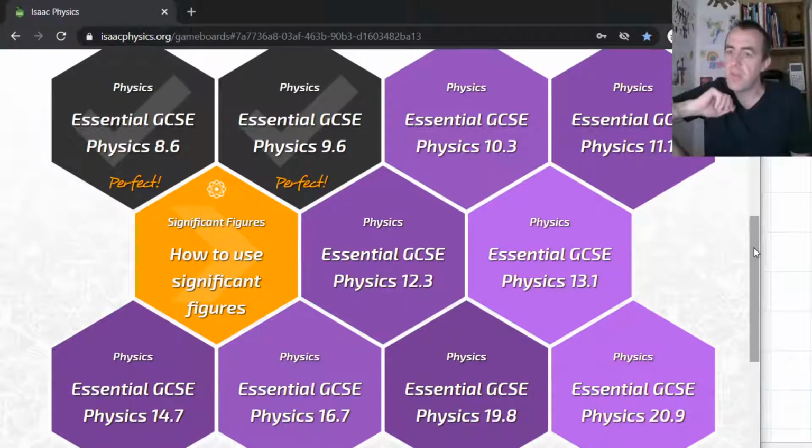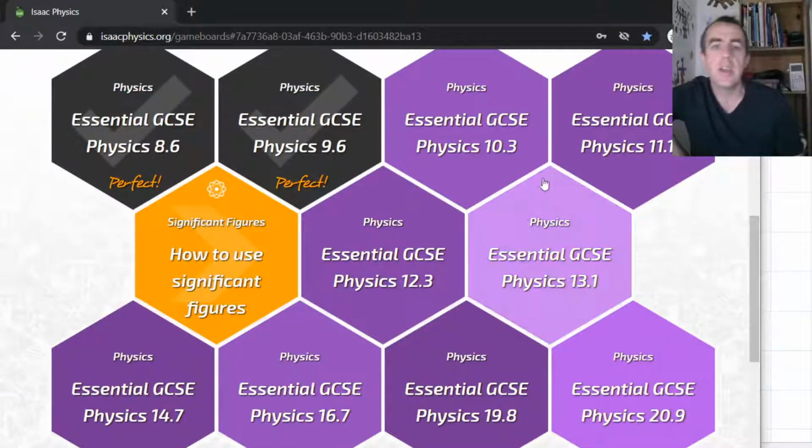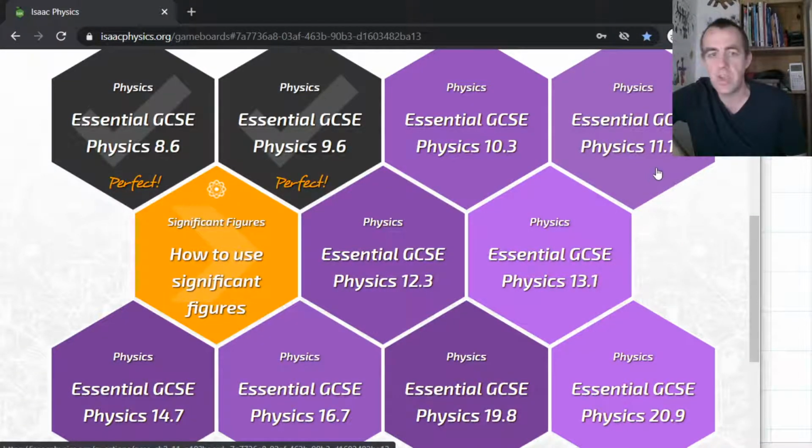We're going to look at some more of these. We will not have time to do all of them. That's the downside. So let's try another one at random. Let's try 11.10. That looks like it might be a slightly trickier one.